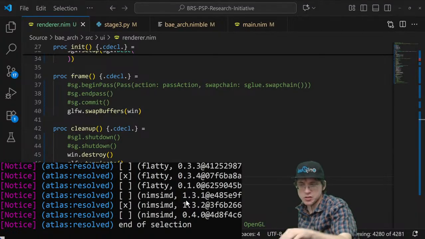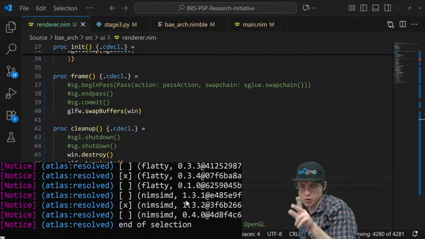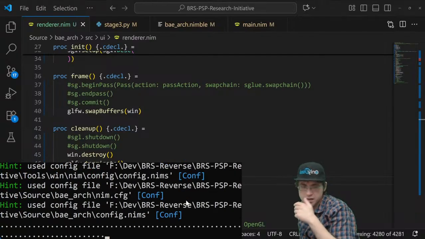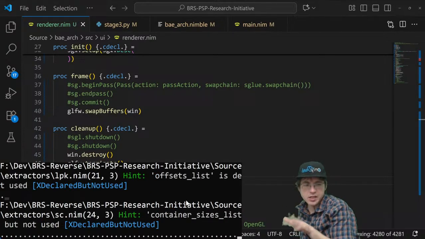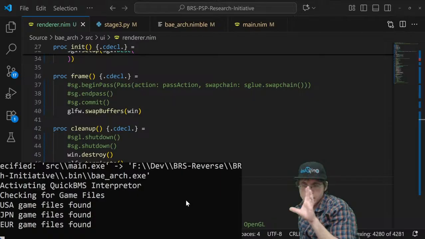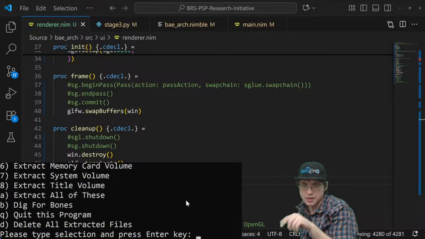I mean, you could also do func in Nim, both work, but there's some differences with how it works with compile time, so I just use proc. But anyways, a function is just a chunk of code that performs a specific action or a bunch of actions.